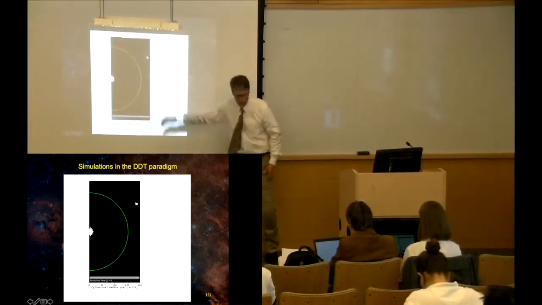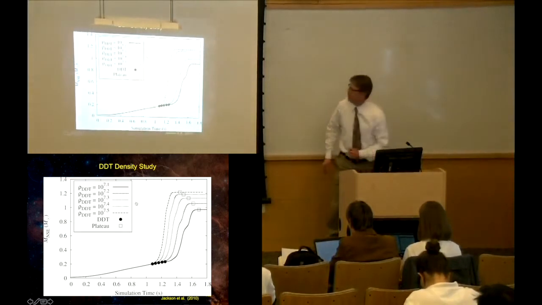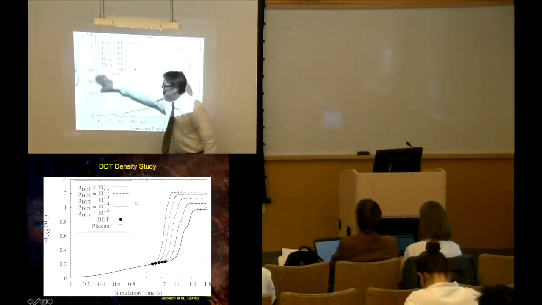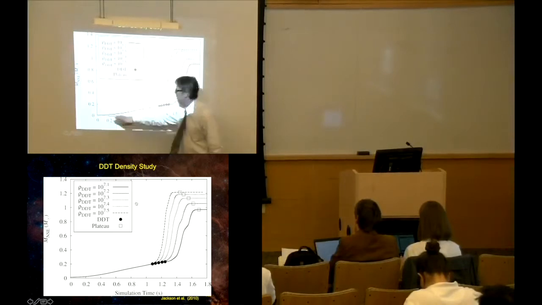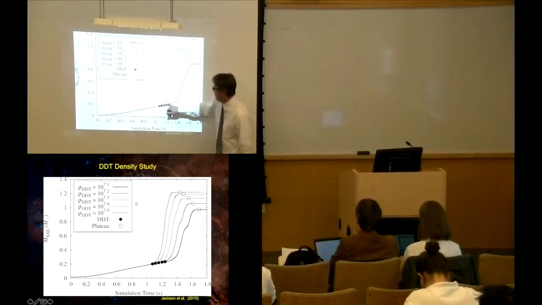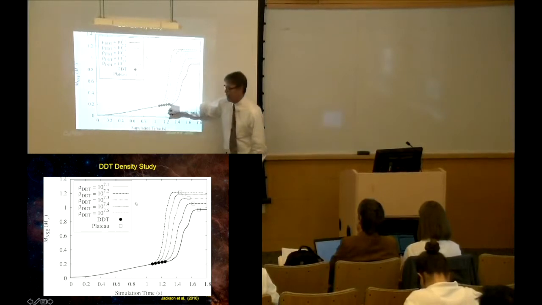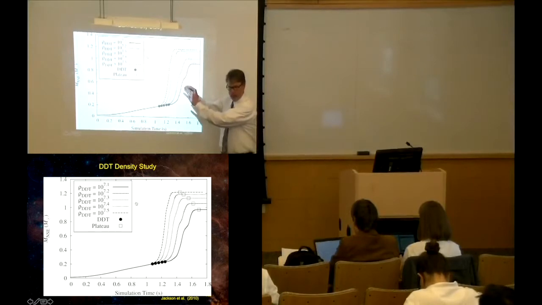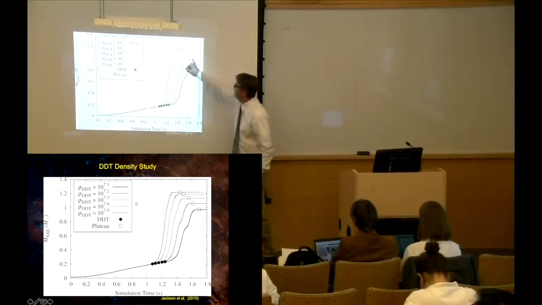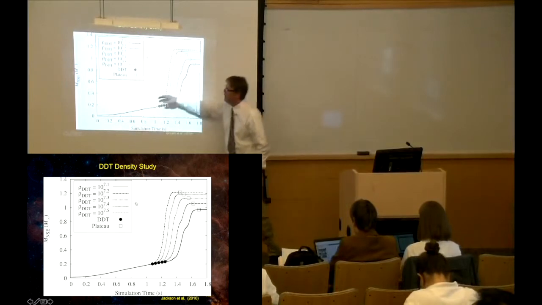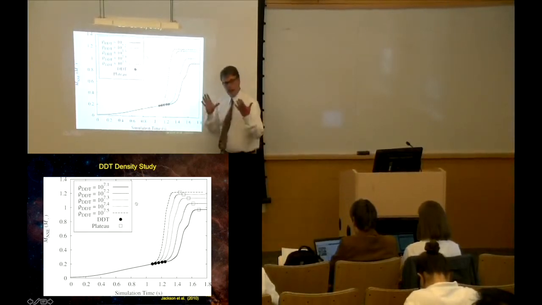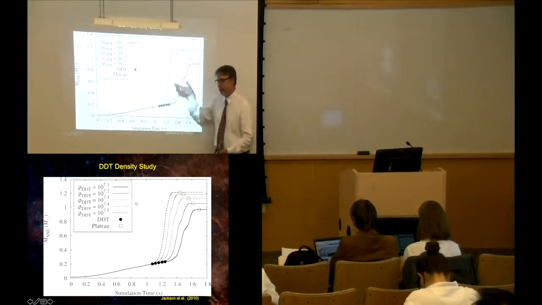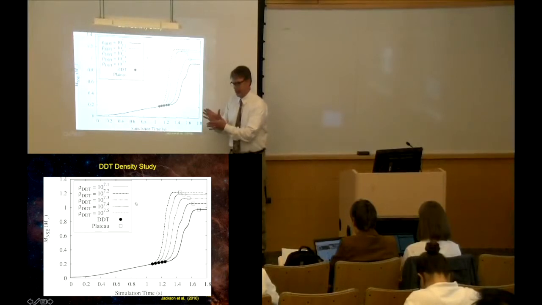And the upshot is, this is a series of simulations. This is the mass of iron group elements versus simulation time. The detonations happen here, where all we did was change the flame speed, which allowed the star to expand a little bit more before the small-scale structure in the subgrid scale model, we think, developed. And that non-linearly changes the yield of these iron group elements, and that, via the decay of radioactive nickel-56, changes the brightness of the star. So in our models, the brightness depends on the details of the flame speed and that Rayleigh-Taylor instability,